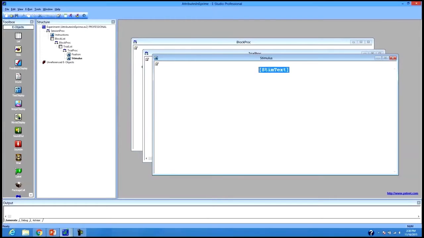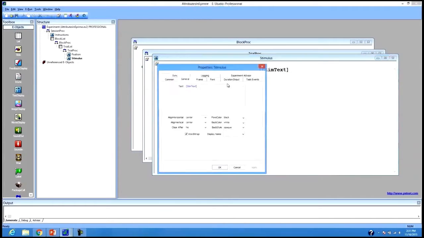So you'll notice when I first typed it with the left bracket, it popped up a list of attributes that are available. I can pull the session number, the subject number, which these two are referenced in startup info, which is the beginning that prompts the participant to enter subject or session. But we want to reference the stimulus text, which we've set in the trial list. So I'm going to hit stim text, and that recognizes that. And then I'm going to just add,